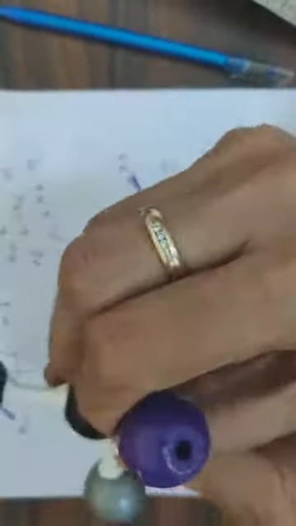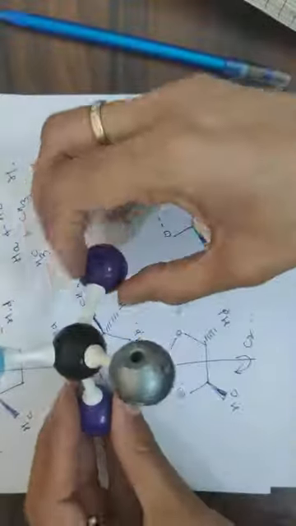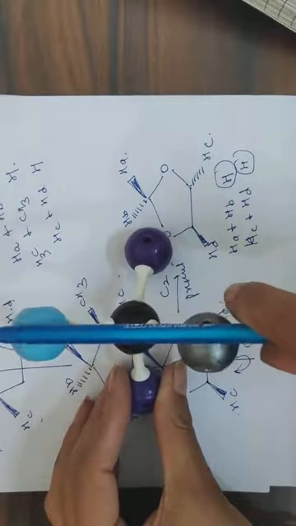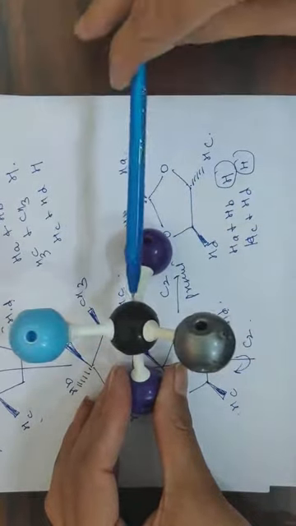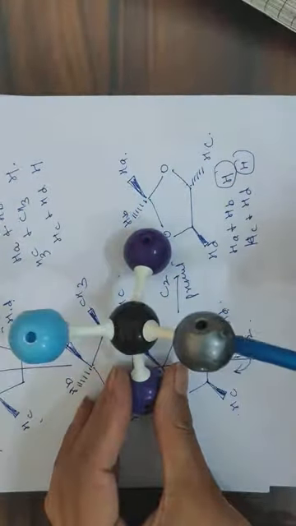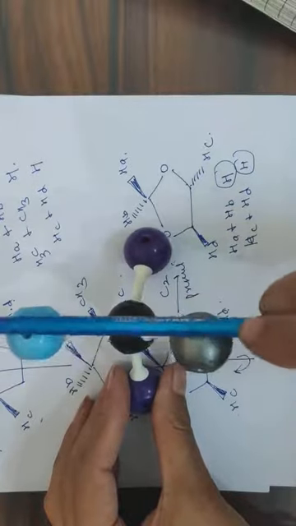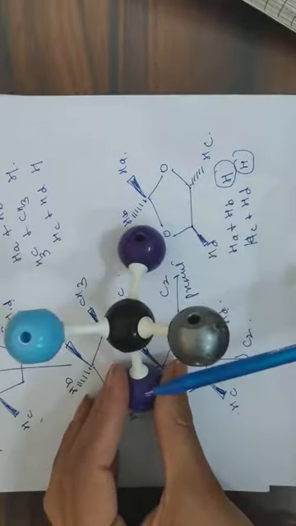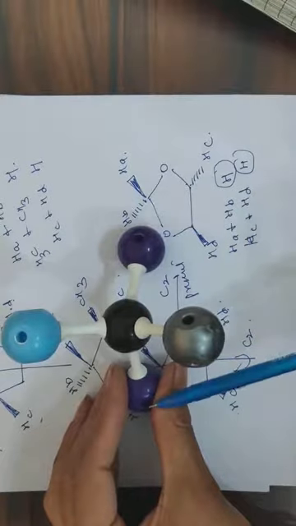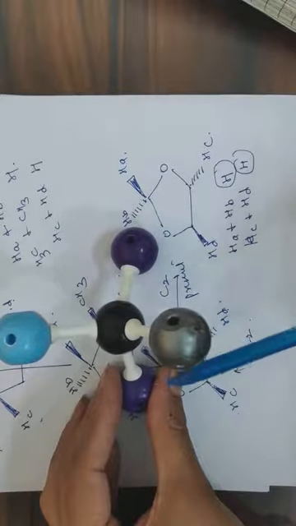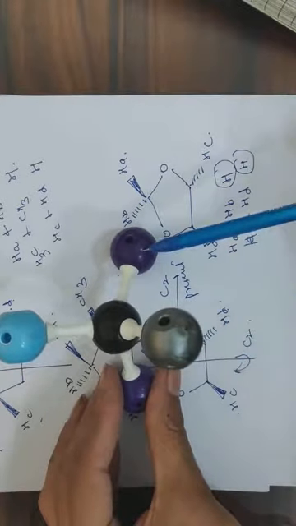So reflection means, what is the meaning of reflection? Once again I want to tell you. So if this is the molecule, if you are passing the plane from the center, a plane is always two dimensional, it will come out of two axes. Like this axis is x, this is z, and the axis perpendicular to it is y. This mirror plane will lie in the yz plane. So if a mirror comes out of the yz plane, this will be reflected here, this will be reflected here. So these two protons are reflected by the plane of symmetry. Then the relationship between these two protons will be enantiotopic.